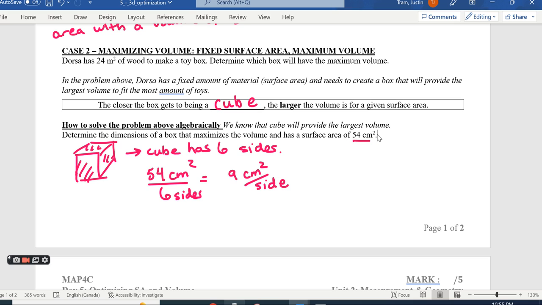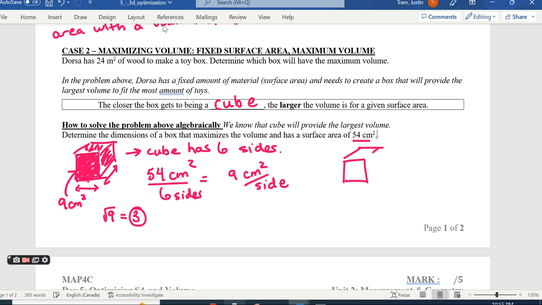Because what is surface area? Surface area is the area of the entire surface. For a cube, think about a dice, there are 6 sides to it. So each side makes this 9 centimeters squared. Okay? Now for it to be a cube, and I know that this one face right here is 9, and I know for a cube all the faces are squares, right? Which means, what would this length be? Well, what is the square root of 9? Square root of 9 is just 3, which means that for this cube, it would have to be